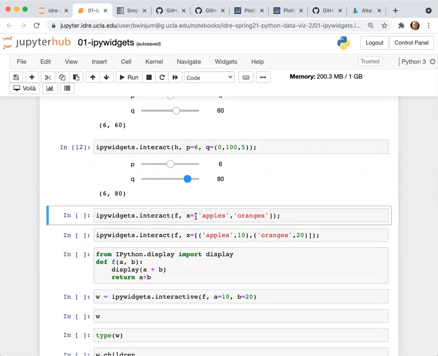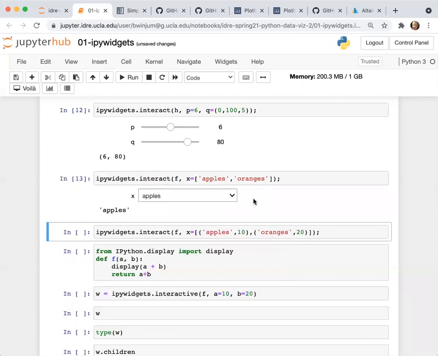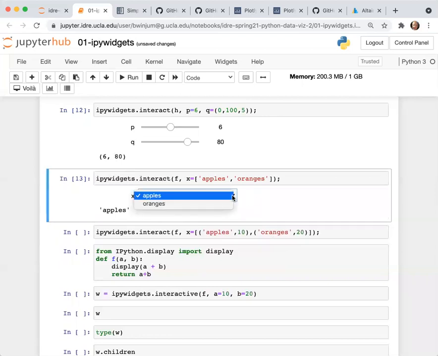Now I'm going to pass in a list. And what happens when you pass in a list? It doesn't create a slider or a checkbox, it creates a drop-down menu. So in this drop-down menu now, you can select between apples and oranges in this case. It's just a 2-element list. And it assumes that the values that this particular widget object returns are just the strings that are a part of this list.